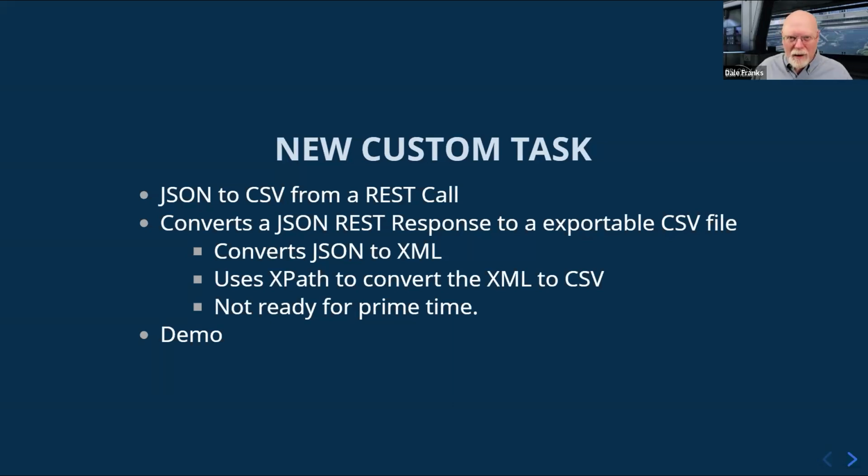There's actually a middle piece where we take the JSON, and in the current iteration, we're converting it to XML. And then once it's in XML, you can use XPath to specify what part of the XML data you want to export and map that to a column, and then export it to a CSV file, which you specify the file name and what have you, and it stores it on the system.